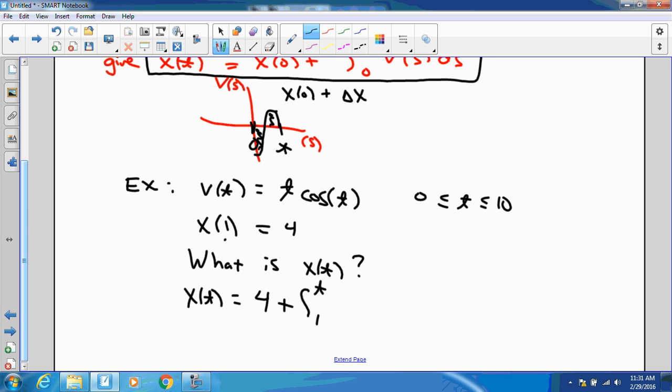of, make up a variable for me, c, of c cosine c dc, just like that. And that variable could be any variable, just not t. It's a dummy variable. Does everybody see how I built that? Yeah. That's a question. So, why do we start